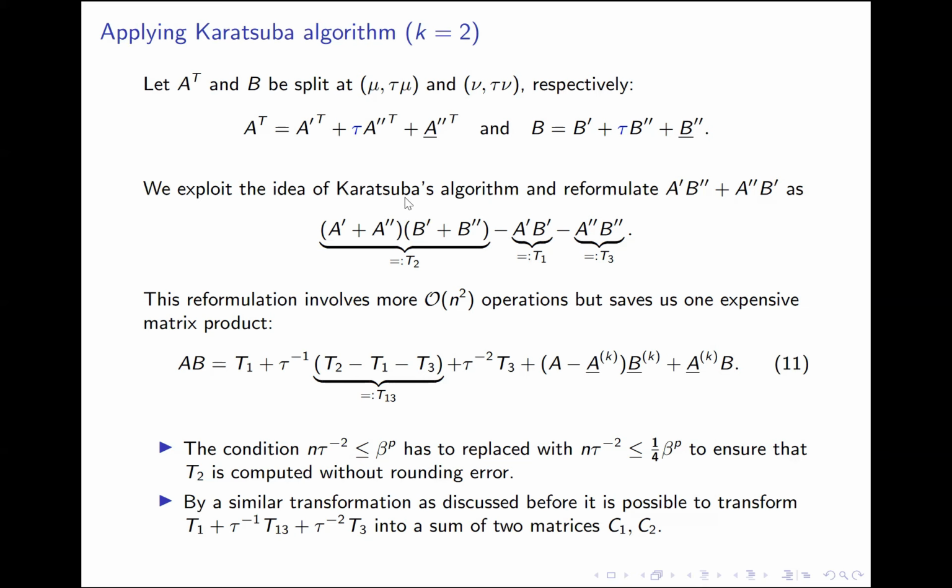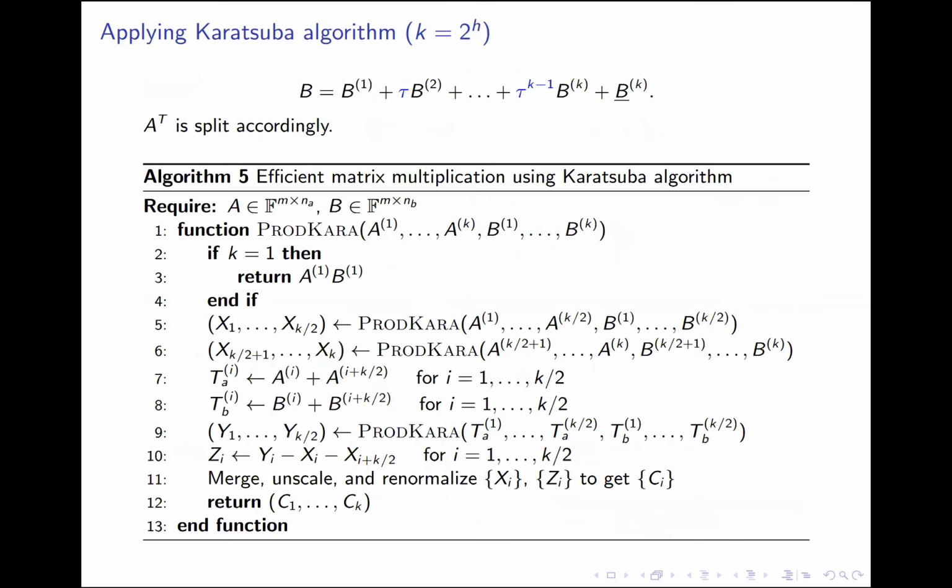And additionally, we have to ensure that this is evaluated without rounding errors. So we have to restrict the conditions, we have to make the conditions on tau and QA and QB a little bit tighter. And then we also apply some similar transformation as discussed on the previous slide to make the sum here more compact. Just for the sake of completeness, I want to show it for the case that k is a